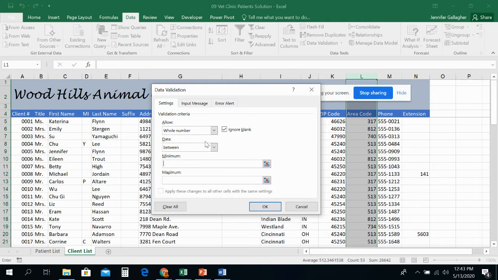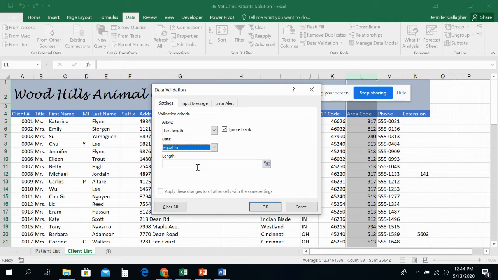So like everything else in Excel, there's a bunch of different ways we can do this. It's not a date, it's not a time. We don't have to worry about custom yet. So it's text length, okay? So under text length, because even though it's a number, we're not going to use it in a calculation. We are going to pick